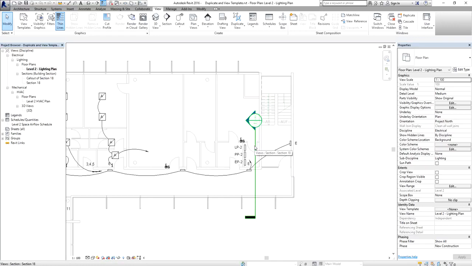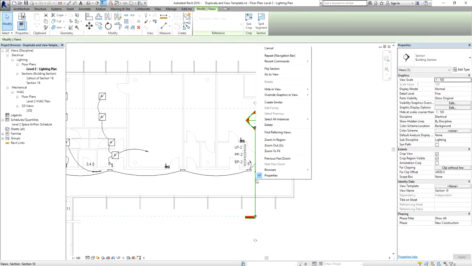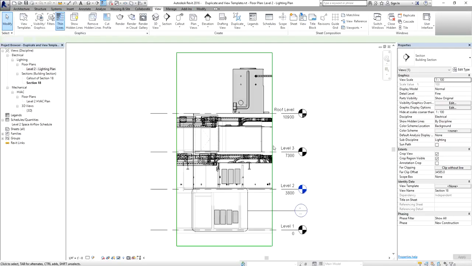So for this one, I'm going to open this section here. So the name of this section is section 18. So I'm going to open this section by selecting the section line, right click, and then I can select here go to view to open that section. Now in this view,